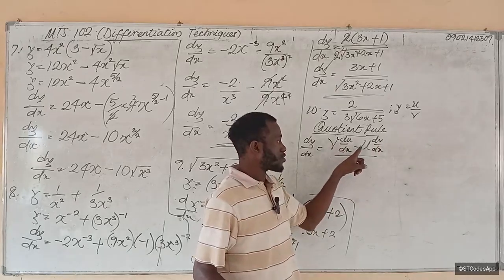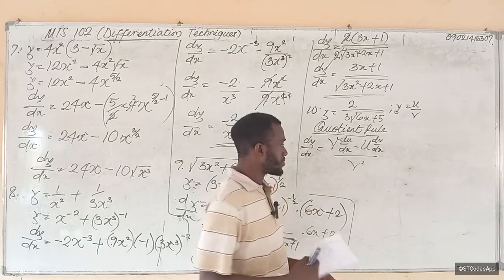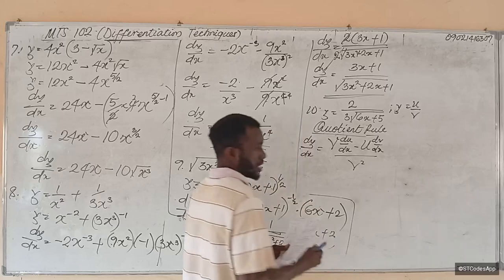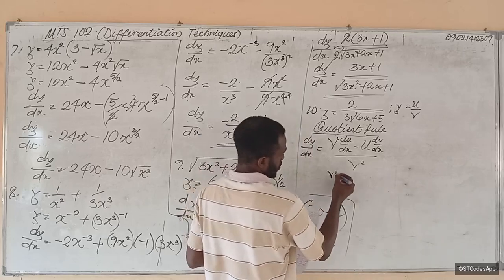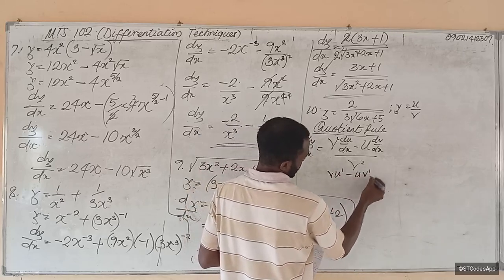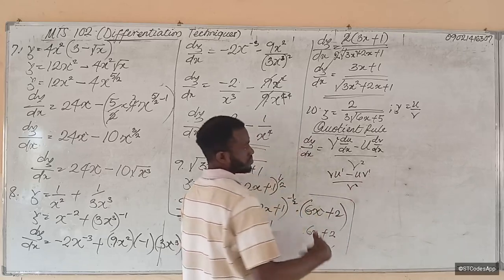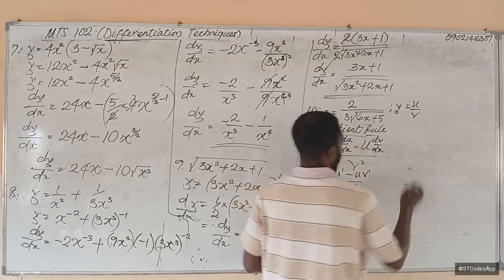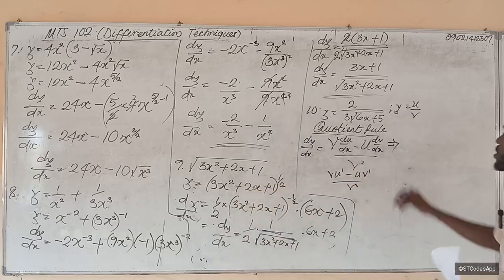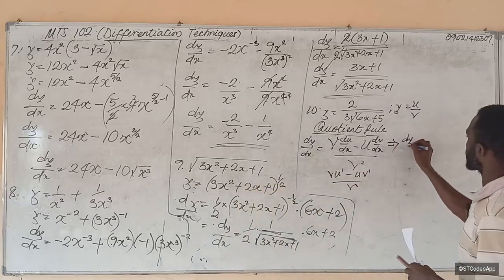Bottom the top minus top the bottom over bottom squared. Okay, and another way in which I write this is vu prime minus uv prime over v squared. Either way you write it, you're saying the same thing. Okay, so using the technique, we'll have that our dy dx